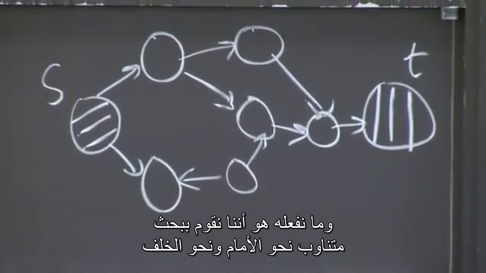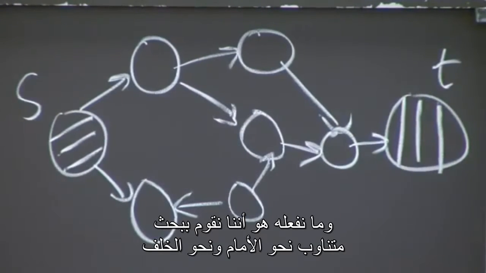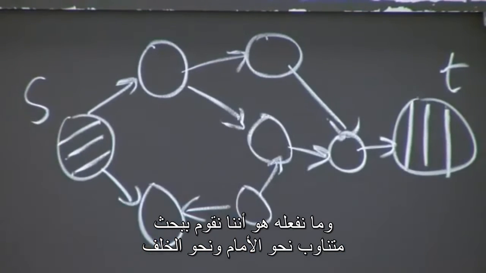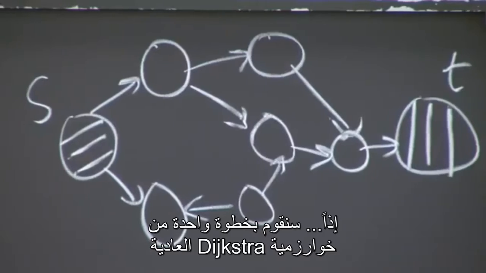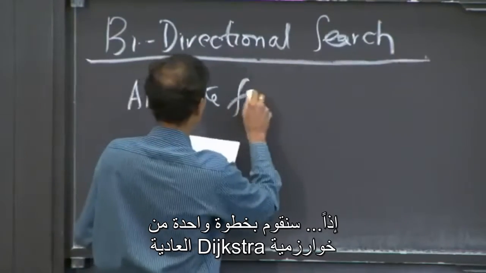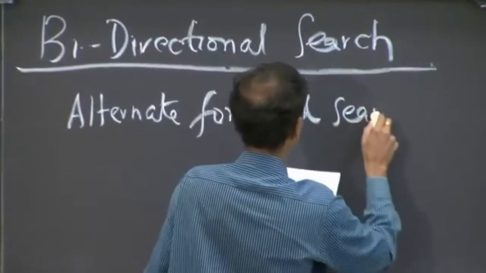And what you do is you alternate search in the forward direction and the backwards direction. So you're going to do one step of standard Dijkstra, which starts with S